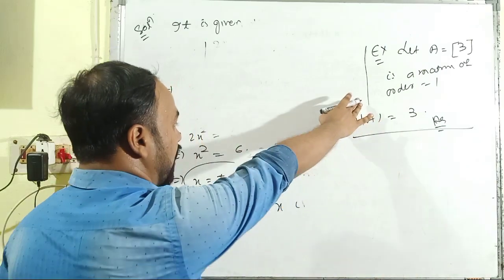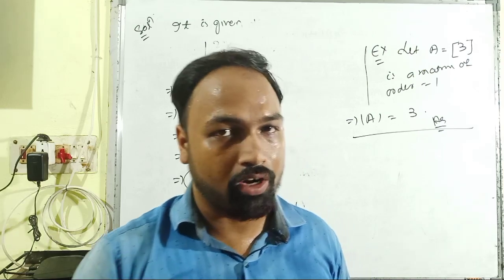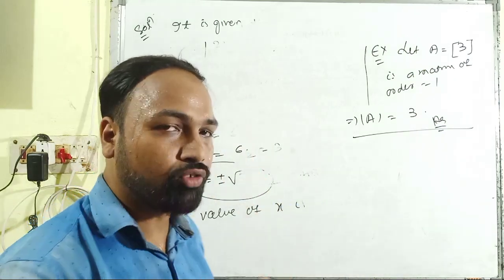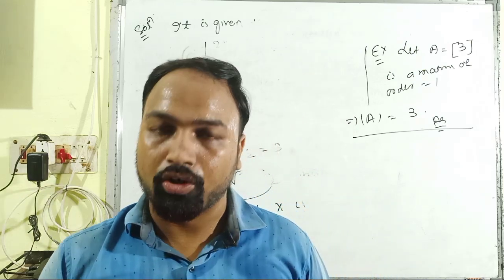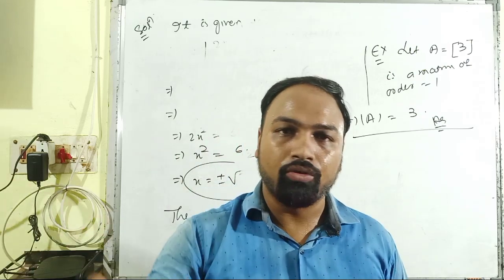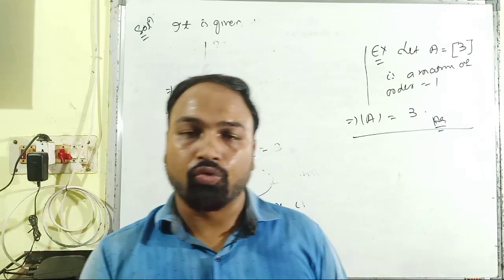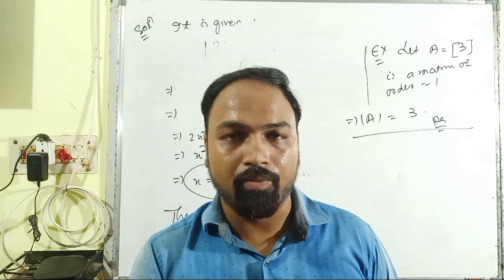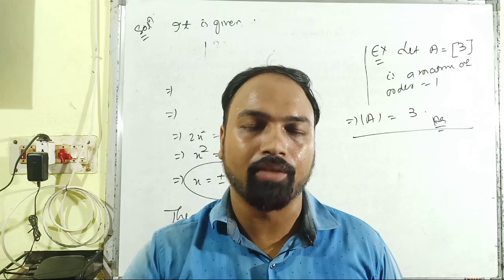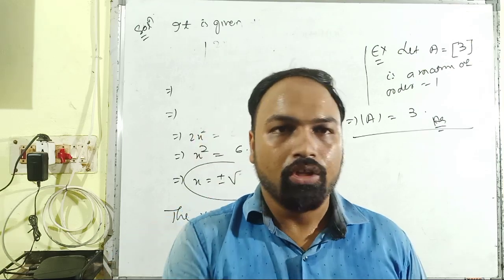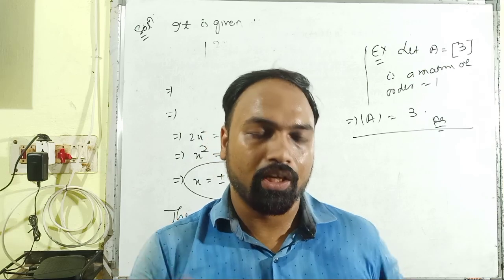Then in this procedure we have seen the evaluation of the determinant of a square matrix of order 1, and similarly we have solved so many problems based upon the determinant of square matrices of order 2. And in the next video we are going to start the very important topic, the value of the determinant of square matrices of order 3, which is very important because there are so many fundamentals. 4 types of tricks are there. We have to apply 4 tricks so that we can find out the value of the determinant of square matrices of order 3. Okay, till then, thank you.